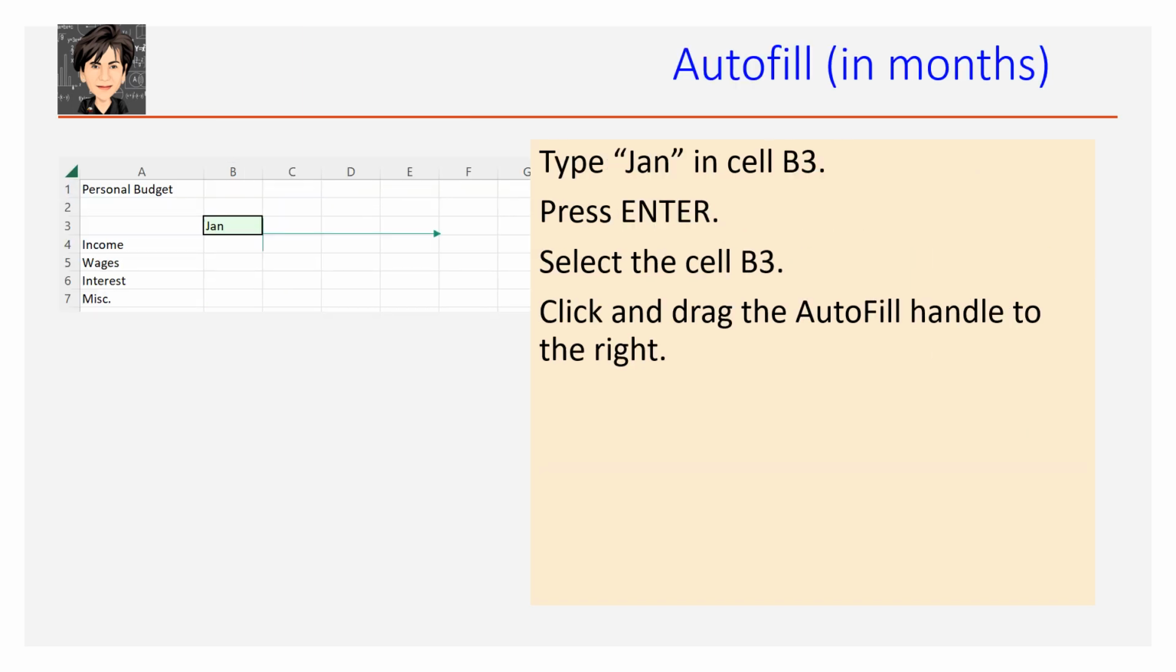Autofill in months. Step 1, type Jan in cell B3. Step 2, press Enter. Step 3, select the cell B3. Step 4, click and drag the autofill handle in the lower right corner of the selected cell until you see